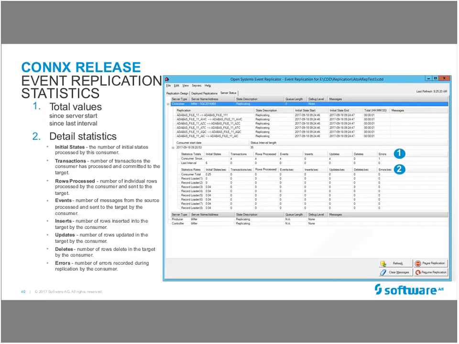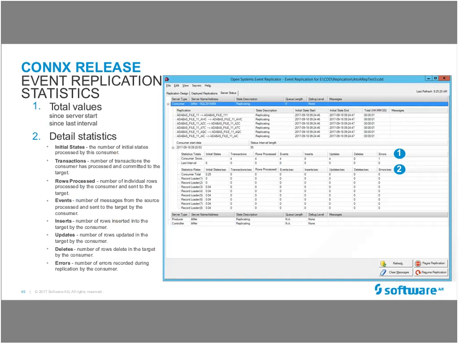For event replication, we got requirements to provide more statistics. Here we have total statistics for just one replication part, and you get information in the server. The consumer is the server which actually processes the requests coming from the source database. And since the server is up and since the last interval, it's all interval driven.